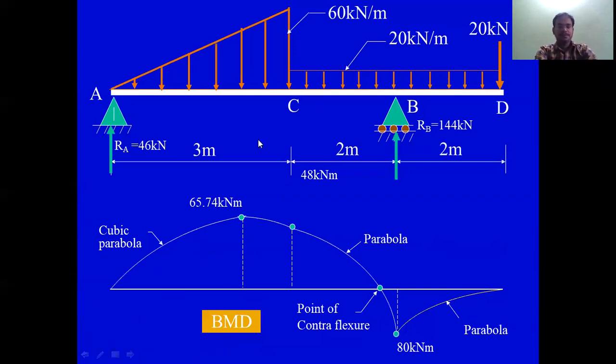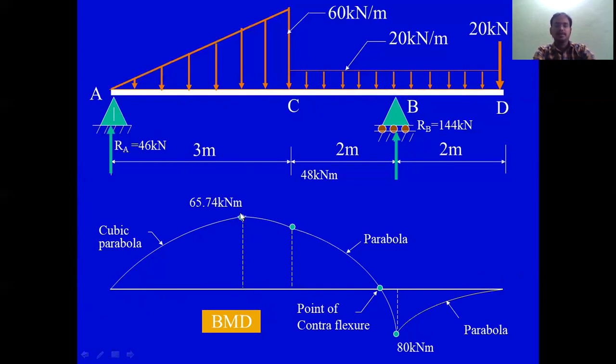Here we will enter into the bending moment diagram. Draw a line whose length is equal to AD, in the same scaling ratio. The length should be the same. Then look at the points A, C, B, D. We know the bending moment values at these points, so you just plot the bending moment values to the same scale.